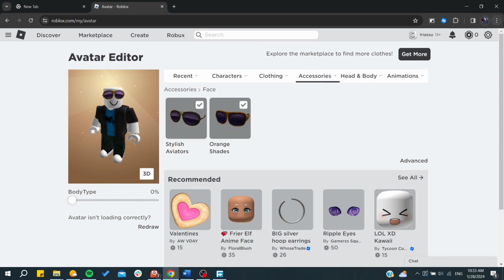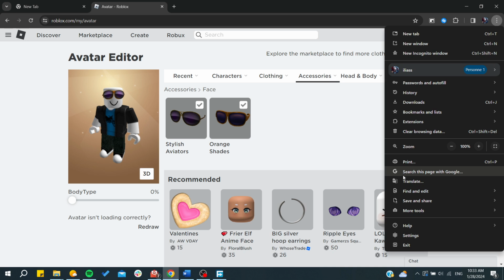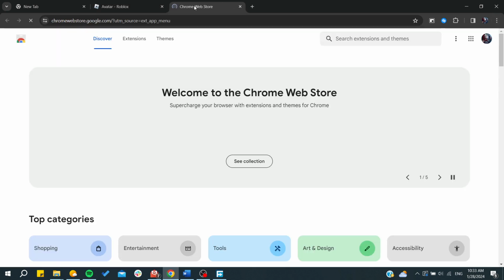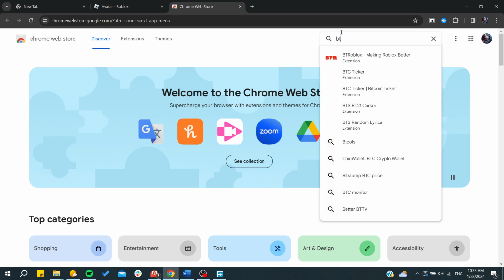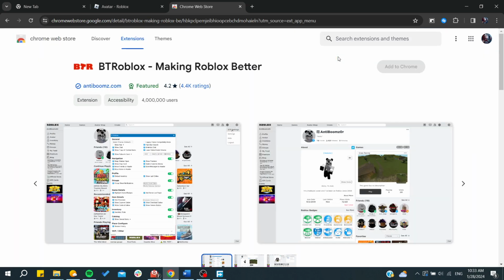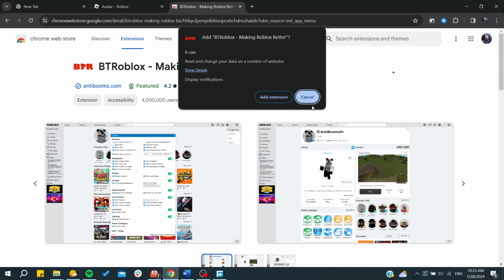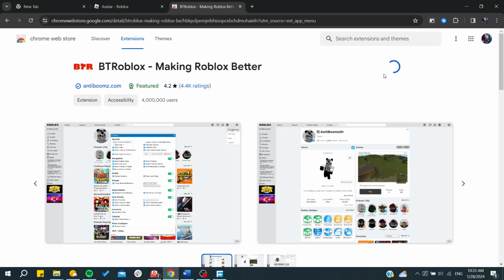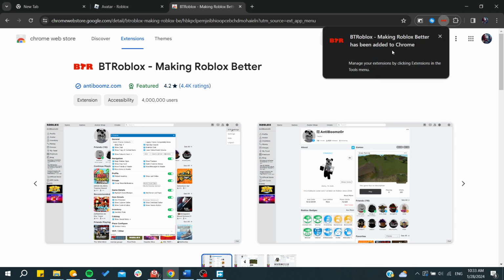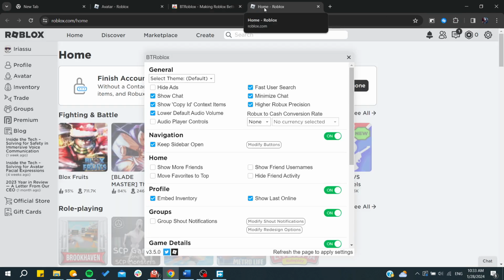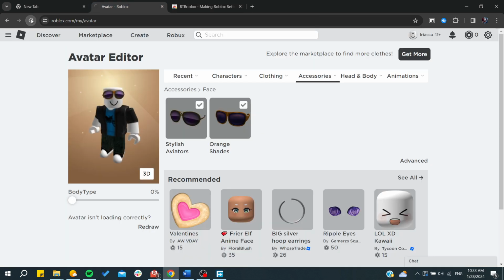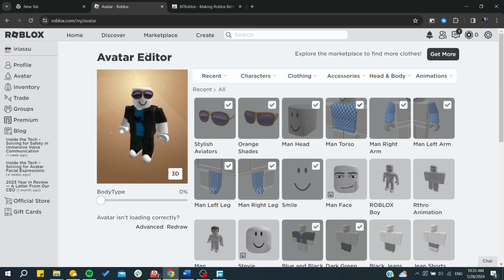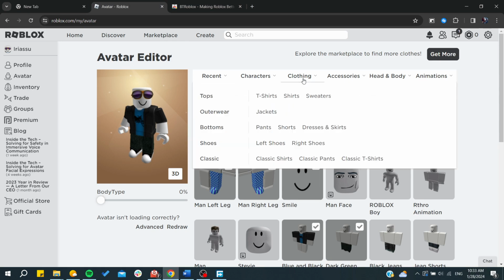Otherwise, you can have another extension on your web browser, and basically you need just to go to the tool menu, search for extensions, manage or visit the web browser, and then go to the BTR, and here you will need just to add to Chrome, add extension, and wait for the extension to be downloaded, and here our extension is on. So basically, I'm just going to refresh my page,